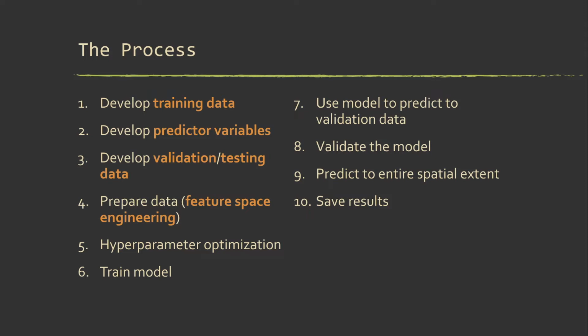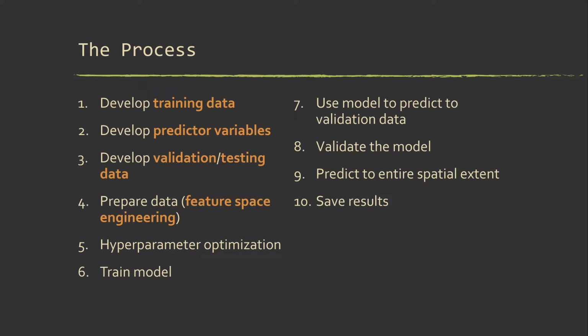So, variables. You also need to develop validation or testing data so you can actually assess the model. And we'll talk about the characteristics that those types of data should have to get a nice, unbiased, realistic assessment of your model performance. Then you need to prepare your data. Generally, we call that feature space engineering. This could be GIS pre-processing, like clipping, merging, and stacking data, rescaling data, normalizing data, whatever. So we'll talk about some of those techniques